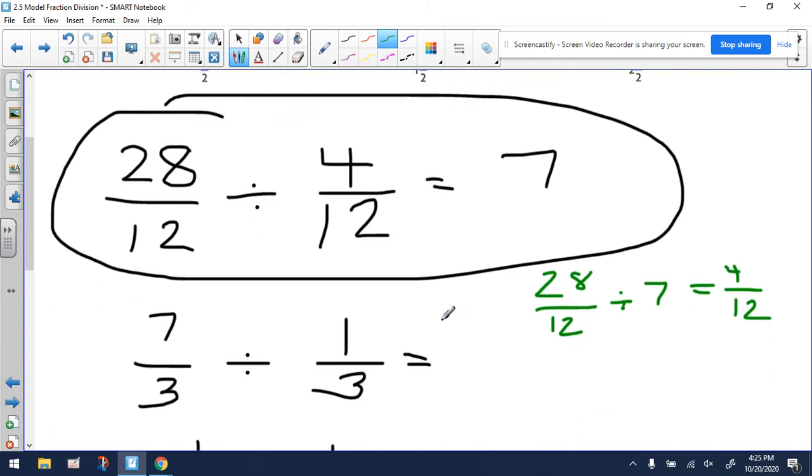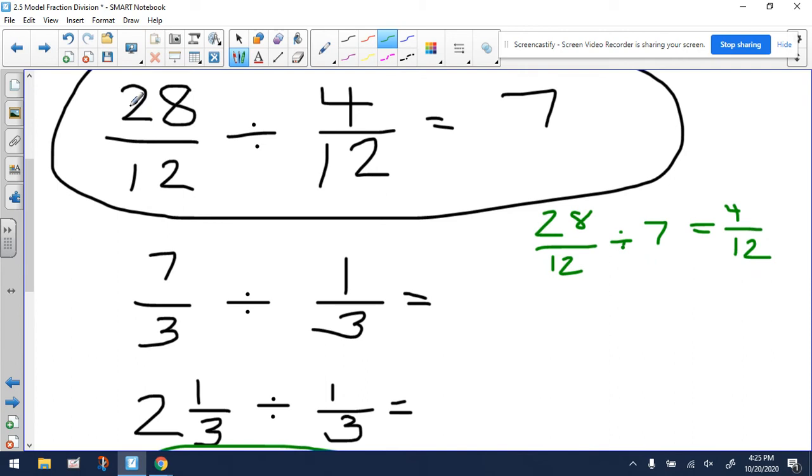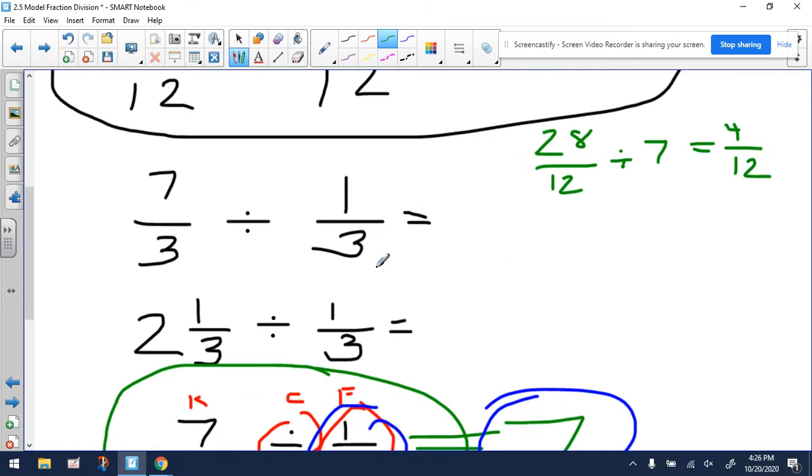All right, now if we were to do the standard algorithm and simplify, this is equal to 7/3, right? If we divide this by 4, we get 7. If we divide this by 4, we get 3. And if we were to simplify this, that's equal to 1/3. Now, if we looked at it as an improper fraction, right, 7/3 is equal to 2 1/3, we would kind of go back to this idea